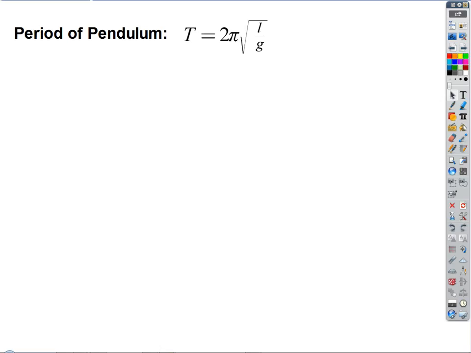So, how many of you are in pre-calc trig right now? Okay, and then people who are in calculus have taken pre-calc trig. So, the periodic motion, you really need trig to understand periodic motion well, because if you think about, what do